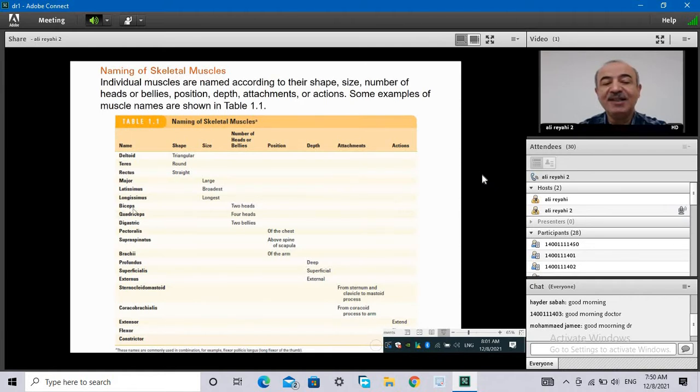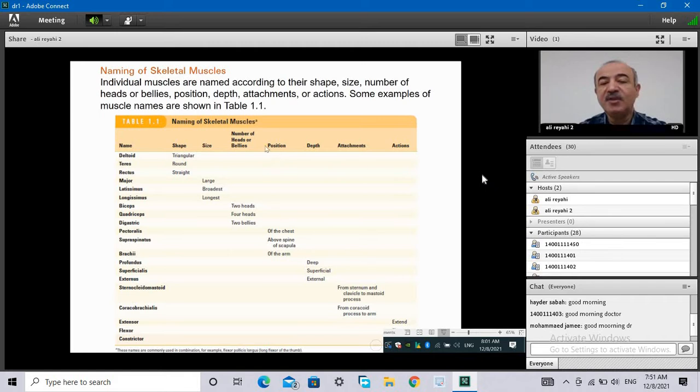For example, biceps. Biceps means the muscle has two heads. Triceps means the muscle has three heads. Quadriceps means the muscle has four heads. Digastric means this muscle has two bellies. Okay, or